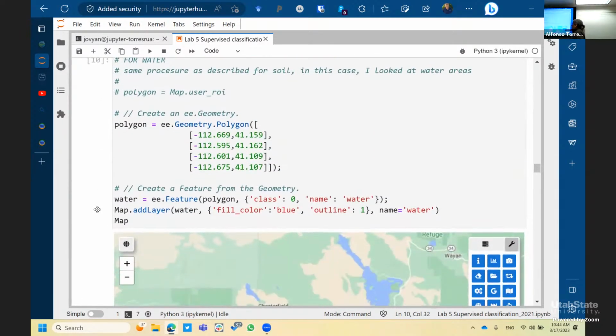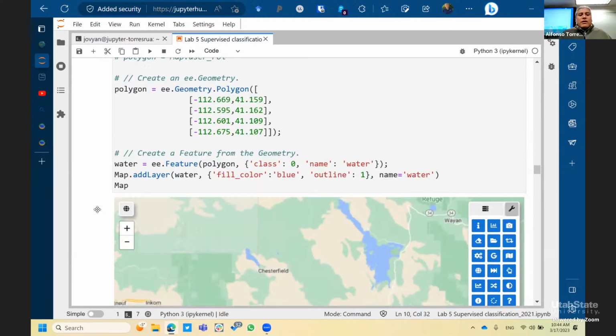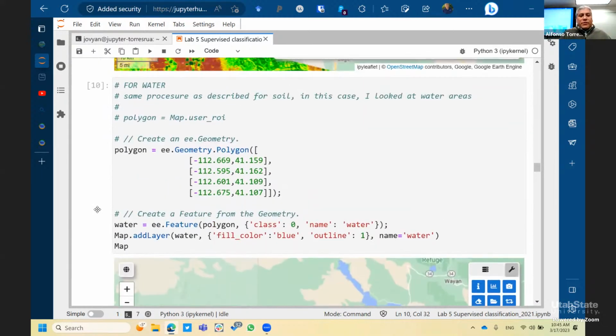Water is in this case class 0. In Python, the sequence of numbers starts at 0, so we're assigning water to be the very first class. So we have class 0, 1, and 2. Water is 0, vegetation is 1, bare soil is 2. Now that we have our three classes,